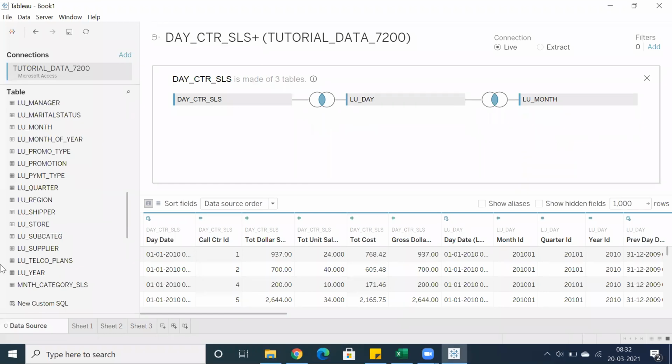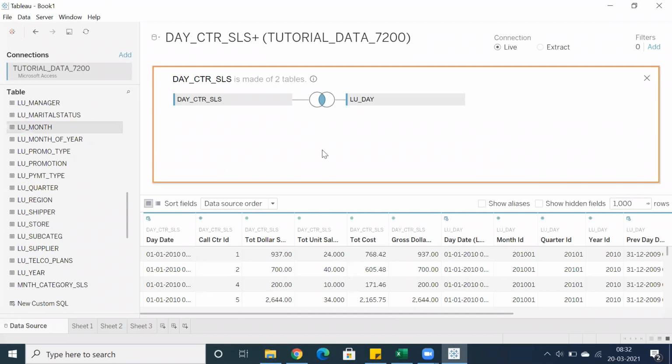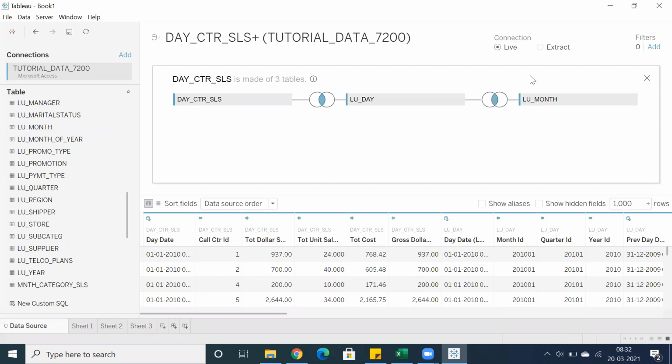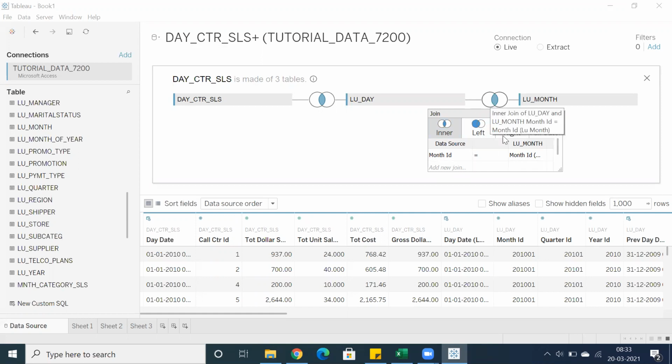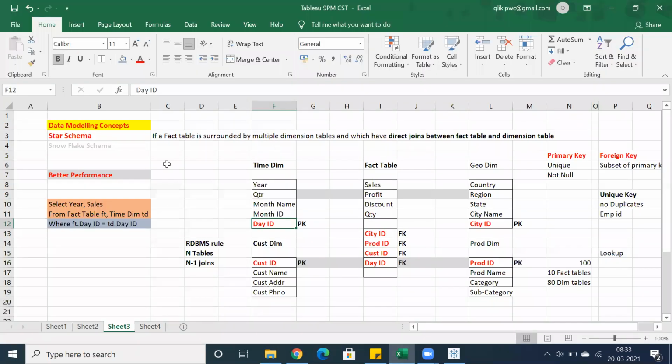When I drag and drop a table, let's say the month table, this is one of the flexibilities. When you drop it, straight away I'm getting a relationship between day and month. That's perfect. At least it is identifying a few of the key columns, the common ones, by the same naming convention. But even if you don't want to relate with month ID, you can change that. I'll showcase that on Monday. So this is the star schema, and we'll discuss the Snowflake schema in detail.